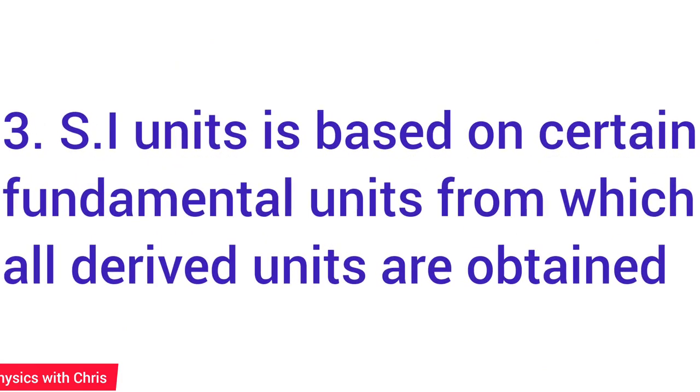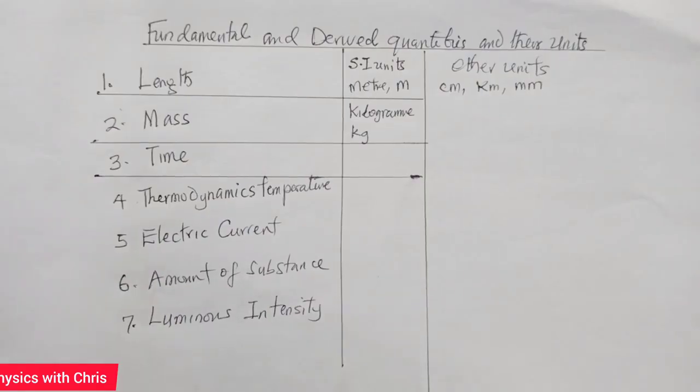The SI unit system is based on certain fundamental units. That is, before we talk about or derive the units of derived quantities, we have to express them using the base or SI units to obtain them. Now, here are the fundamental quantities we have in physics. There are about 7 of them, and these quantities are also called base quantities because they are independent of other quantities for their derivations.